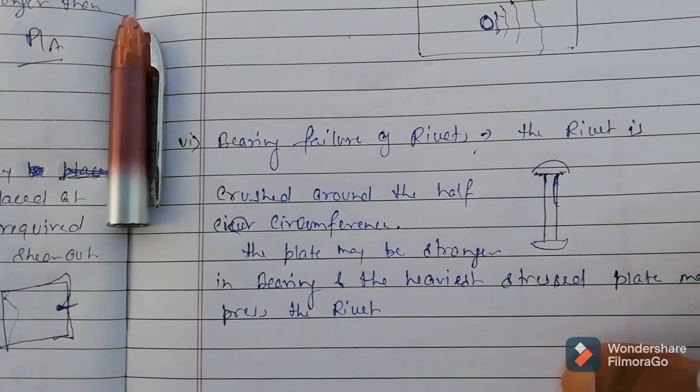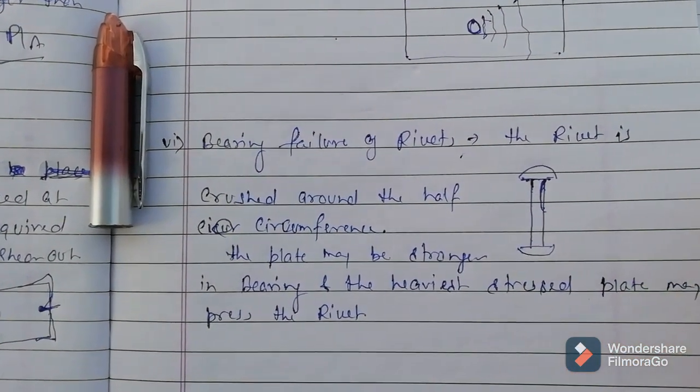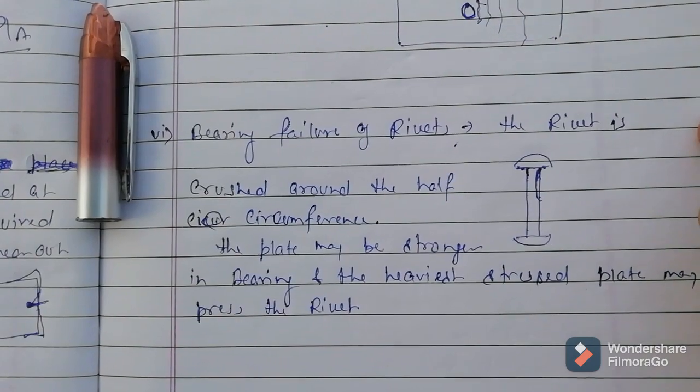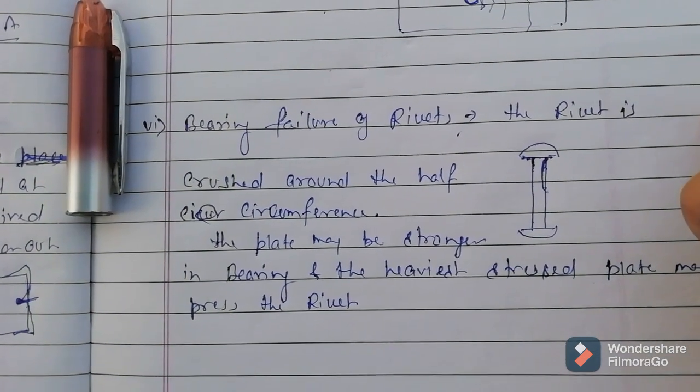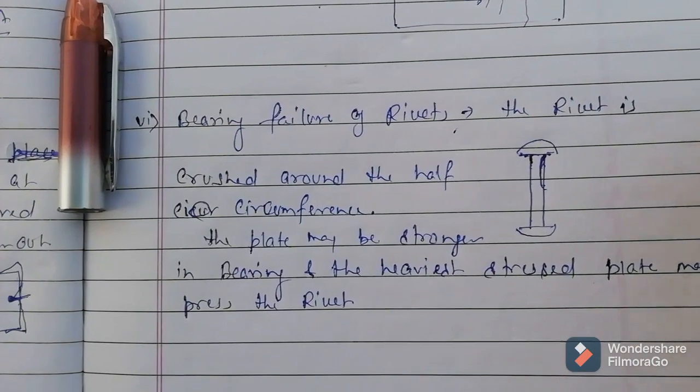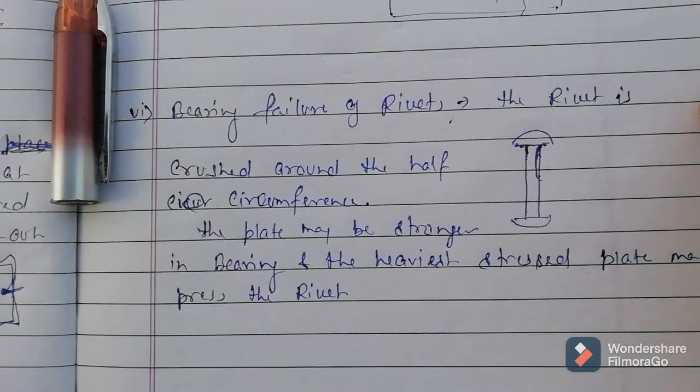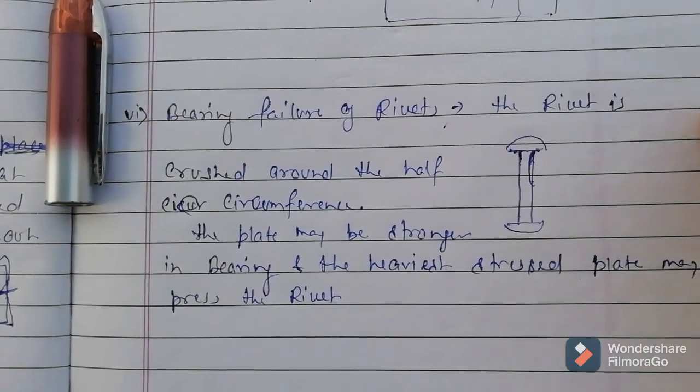Now here bearing failure of rivet, the rivet is crushed around the half circumference. Actually, what happens when the plate is stronger in the bearing, but your rivet is weaker in the bearing, so it will crush,